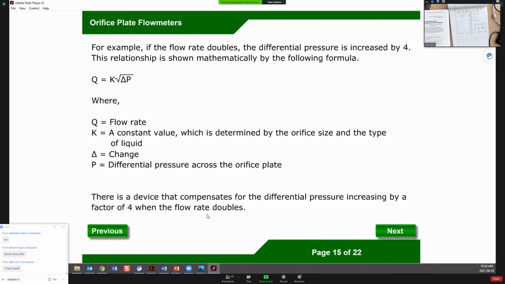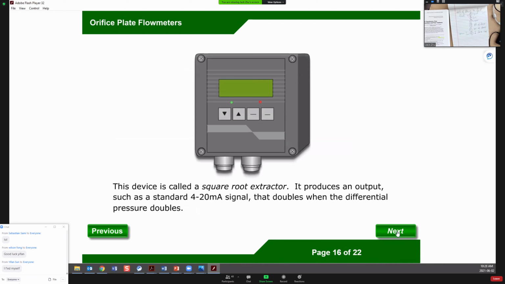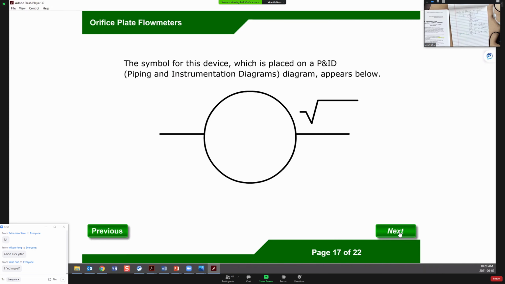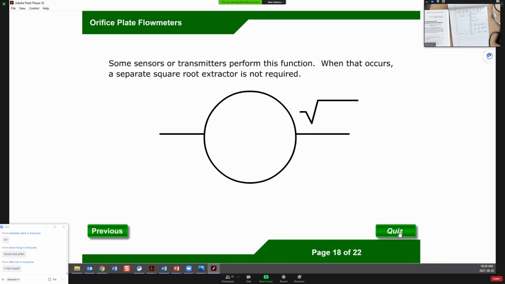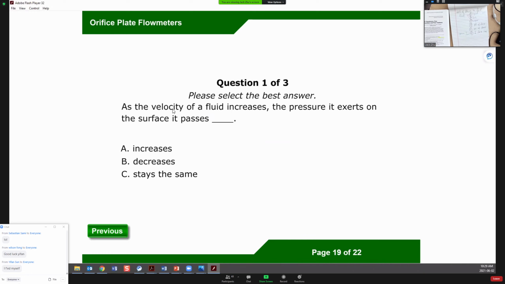So when the flow rate doubles, the pressure increases by 4 times. A special device can produce an output. So as the velocity of flow increases, the pressure exerted on the surface is,